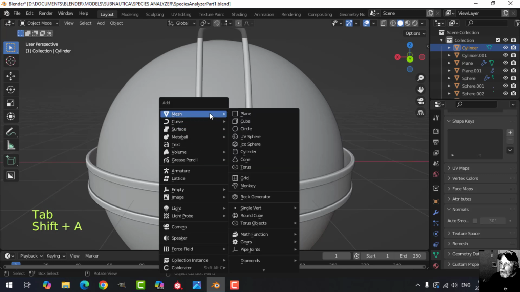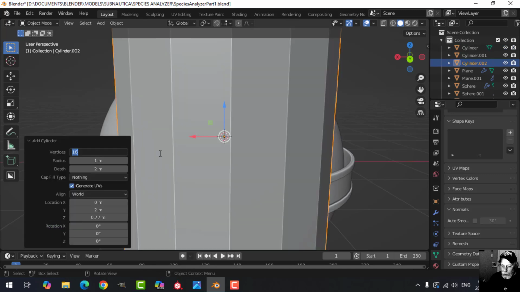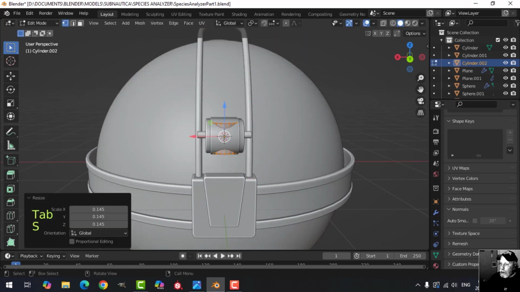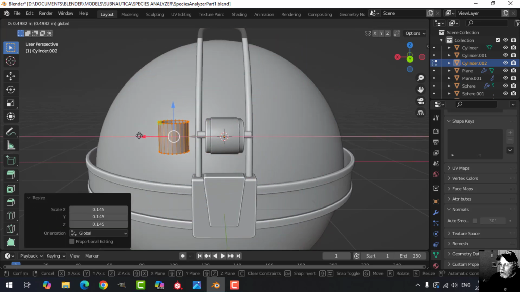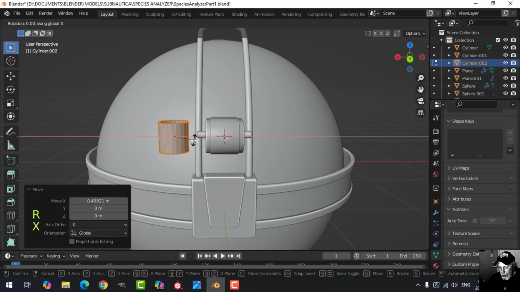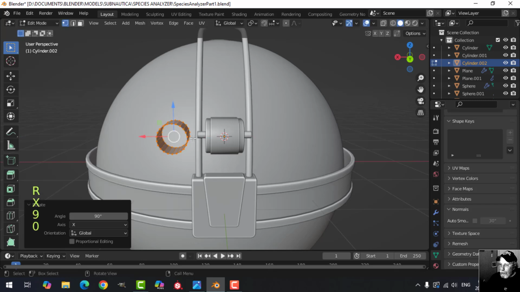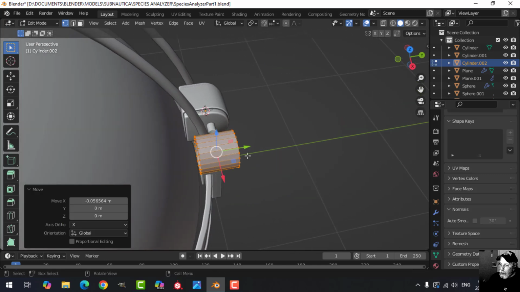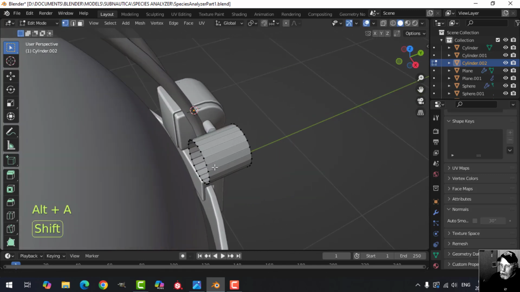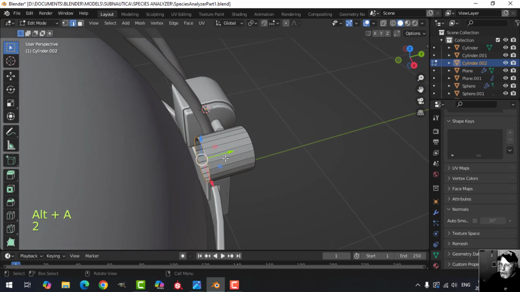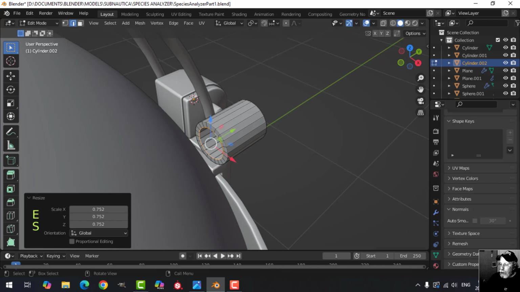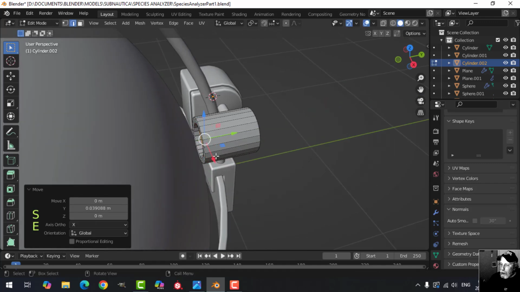and bring in a cylinder, and I think I'm going back to 22. Doesn't matter whether it's filled or not. I'm just going to slide this over. I'm going to rotate X 90. Okay, so let's do this. Let's bring this in maybe a little closer. E and S, this is going to be real simple. Just bringing that in, and maybe